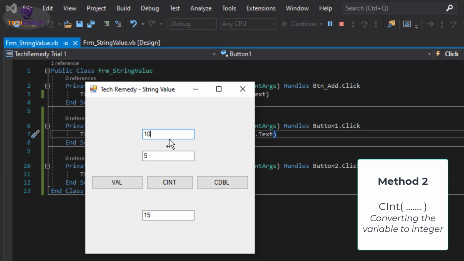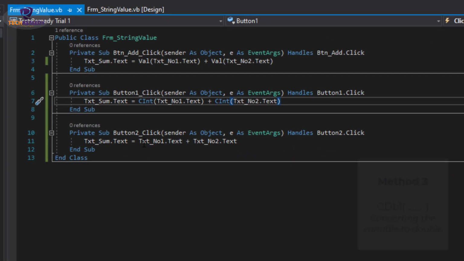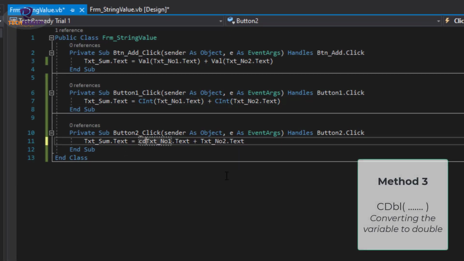The only problem is this method does not take any decimal point, so if we write 10.5 plus 5.2, you'll see the number is also 15. We converted this 10.5 to integer, resulted in 10, 5.2 to integer resulted in 5, and added 10 to 5, which is 15. Let's use CDBL, convert to double,